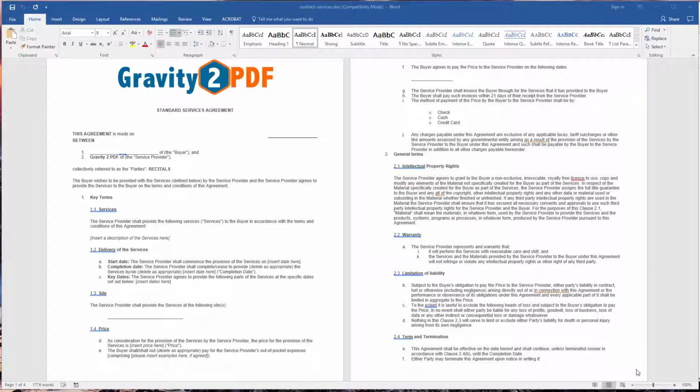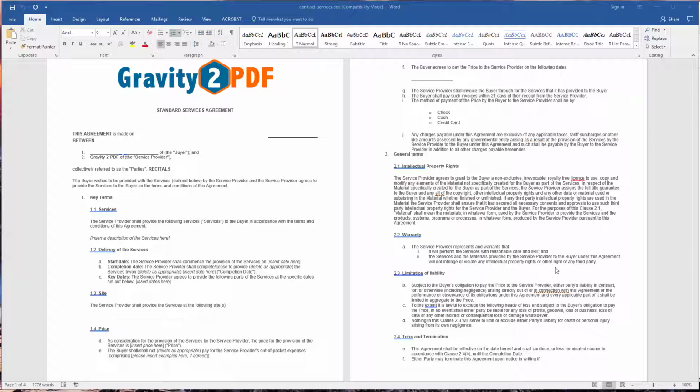In this brief tutorial, I'm going to run over the steps that would be required to take a Word document and start to collect these entries from a Gravity form and then populate a PDF document and send them to somebody in an actual form from your WordPress site. So the prerequisites for this are you have to have WordPress installed, and then Gravity Forms, and then our plugin